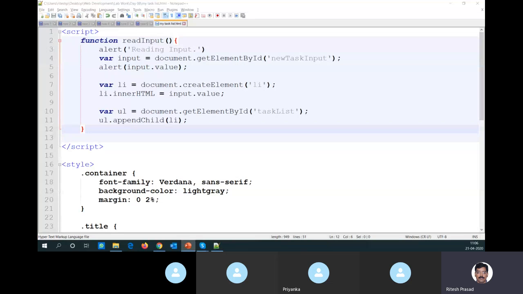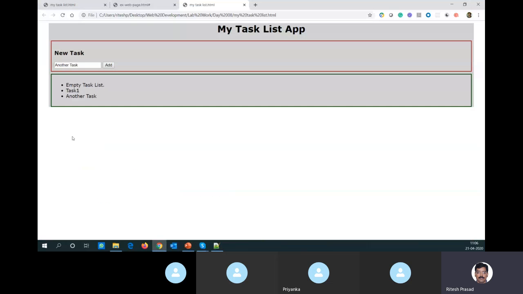So come back to the application. What we did today, we completed the task list creation. So we are able to now add a new task and show it up here. But this is looking so naive. What I will do tomorrow, I will say, well, for the task that I am creating, I just don't want a